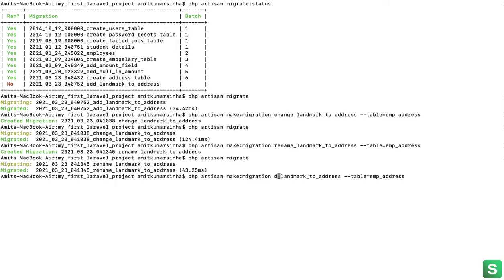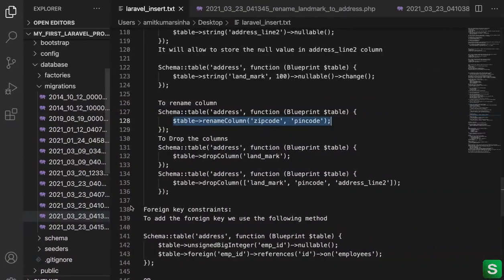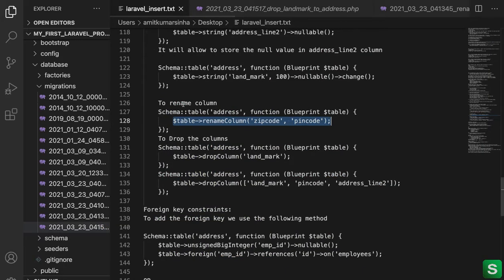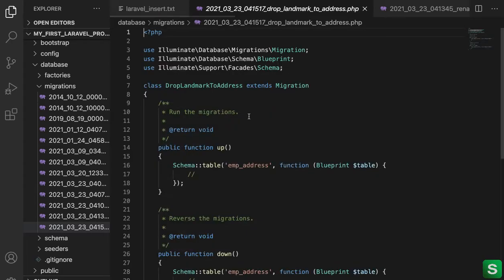Okay, so drop landmark. Okay, so now I'm going to create. Okay, so this file will come here. I'm going to use this command, this drop, come to here.